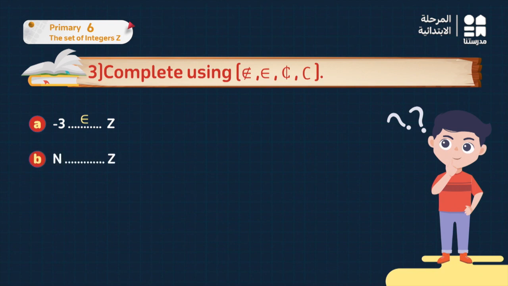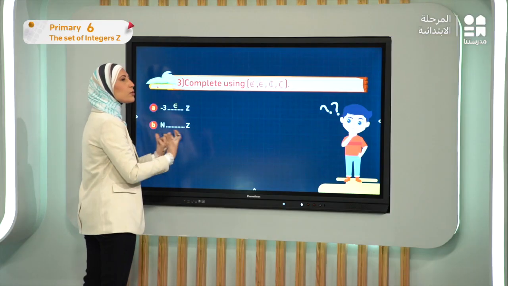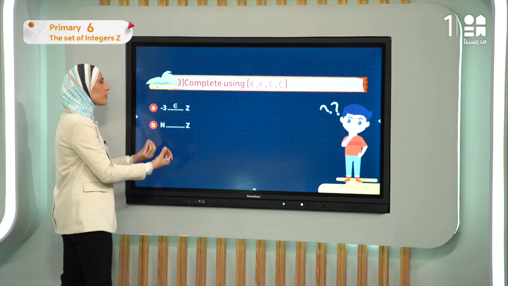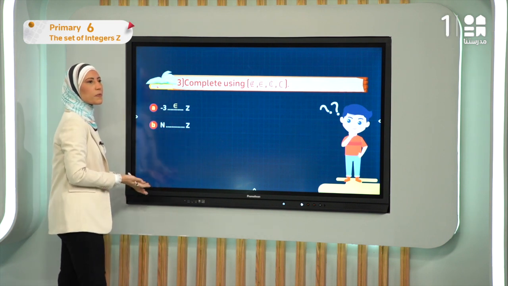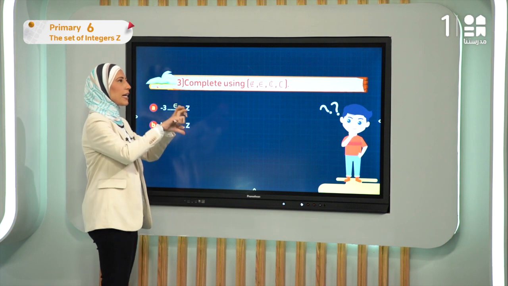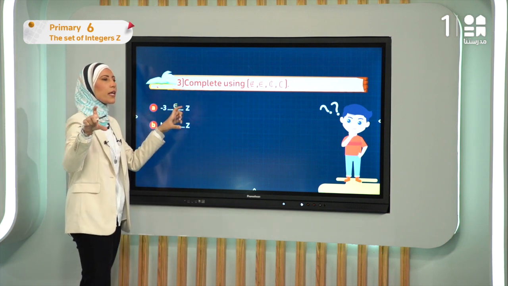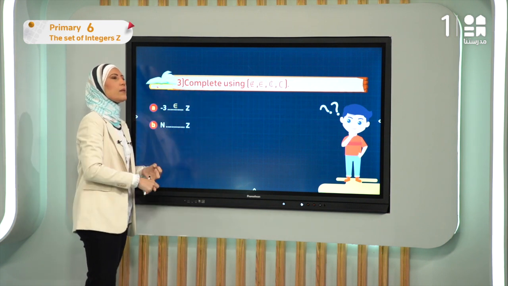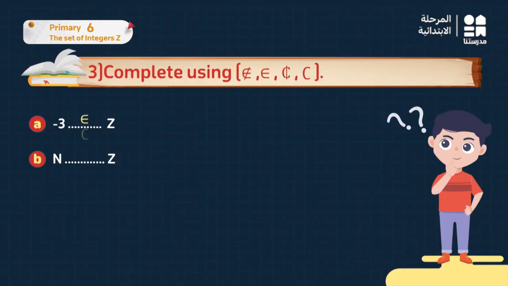Number B, N with z, it's two sets. So N subset or not subset of z? Of course subset, isn't N part of z? I have the big z, which consists of N and the negative integers. So I am going to say subset. Number C, 0 and the set z negative. Is 0 belong or not belong, subset or not subset? Of course I am going to say not belong,